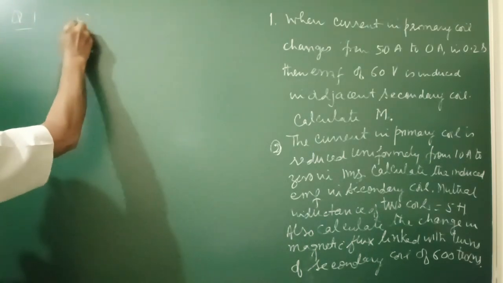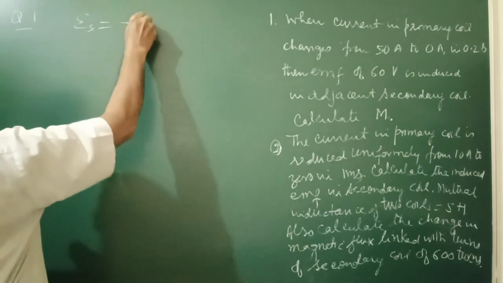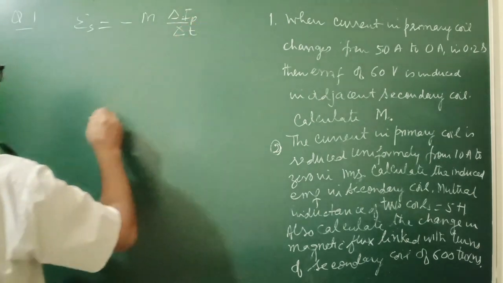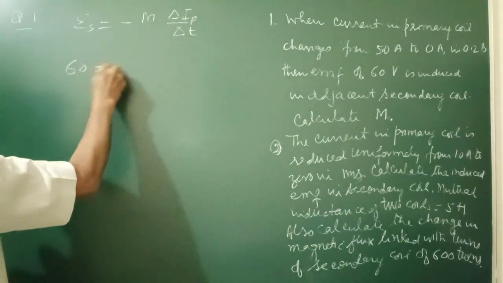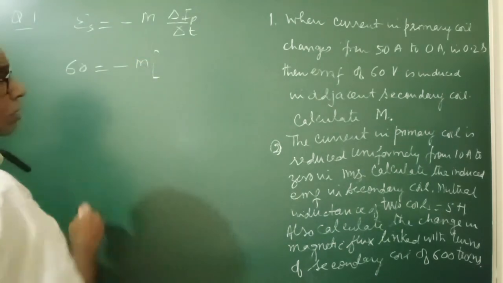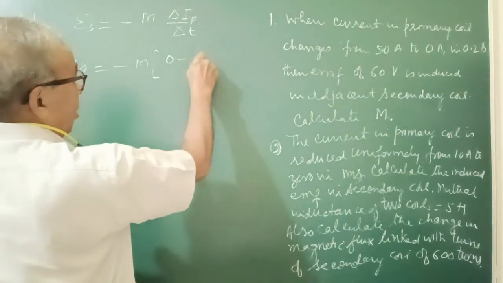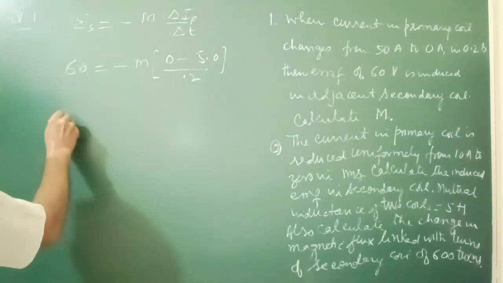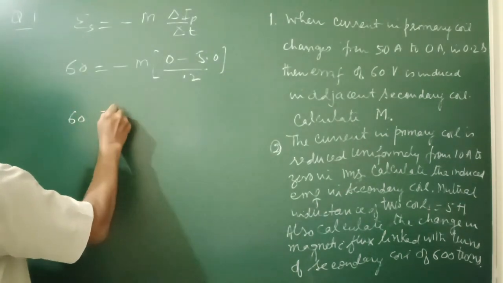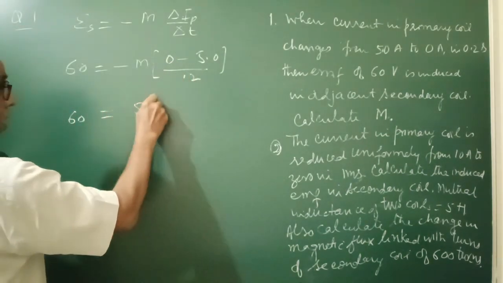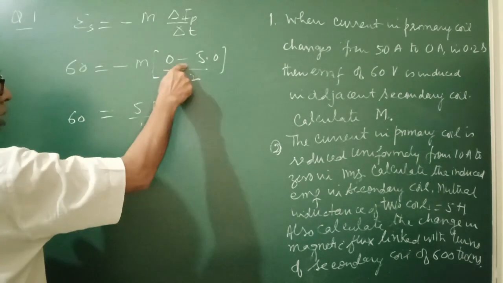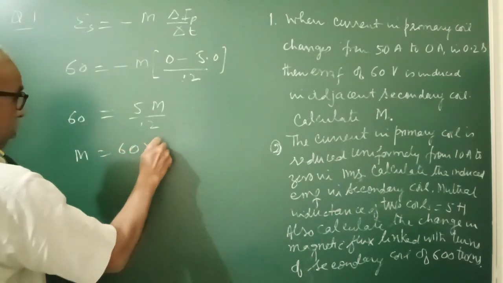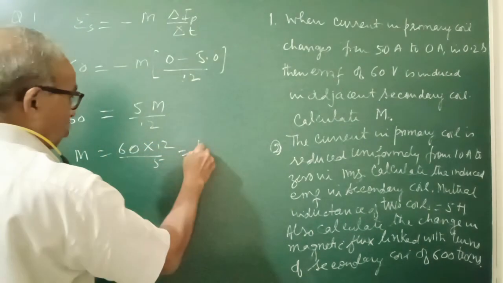So we know E_S is equal to minus M into delta I_P upon delta T. So E_S here is 60 volt, and we have to find delta I_P, which means 10 minus 5.0, upon 0.2 second. So 60 equals minus M times 5 upon 0.2, and the minus signs cancel. So M equals 60 into 0.2 upon 5, that is 12 into 0.2,